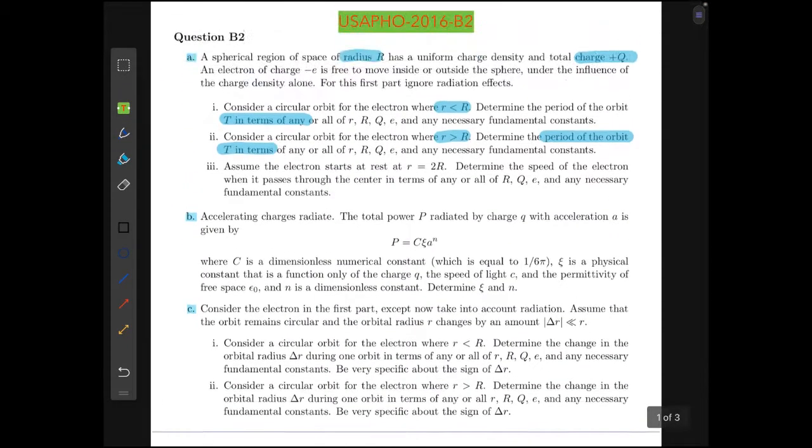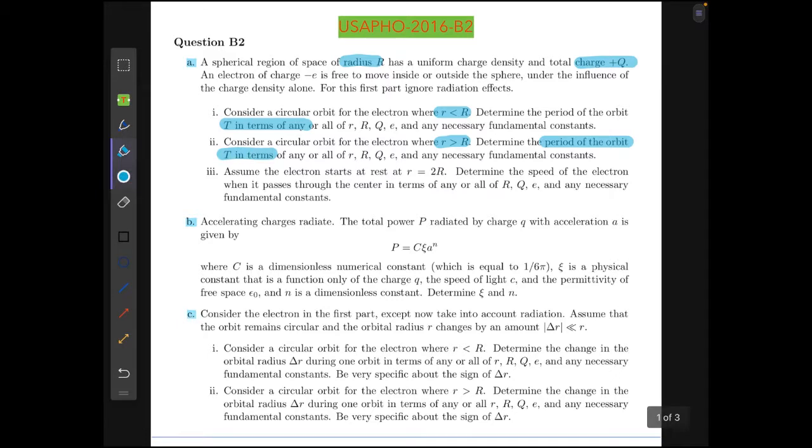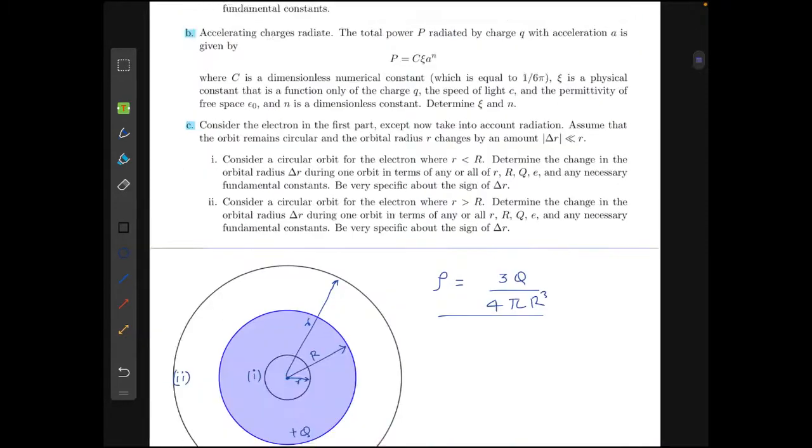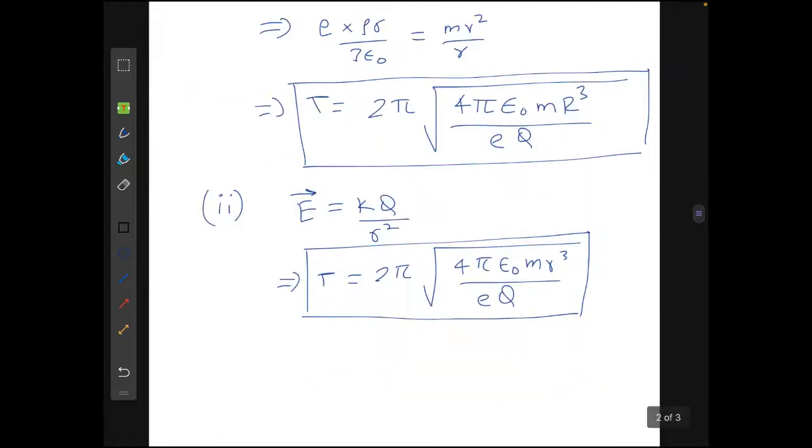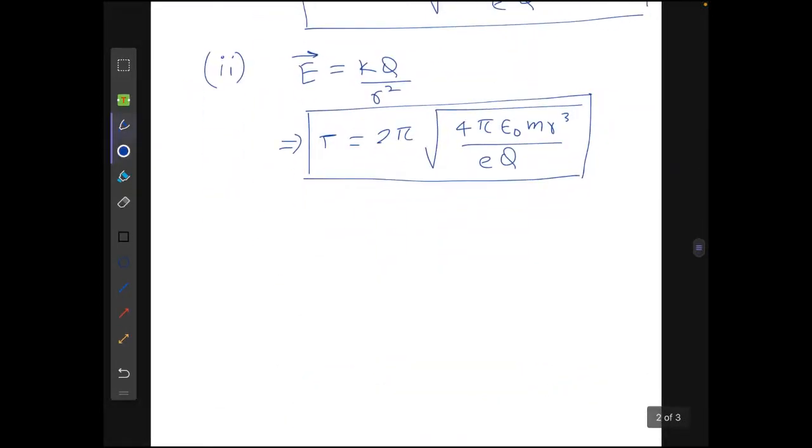Now for the third part, assume that the electron starts at rest at r equals 2R and determine the speed of the electron when it passes through the center in terms of the given quantities. So here first we will find the potential difference between the two points, and we can apply the work energy theorem after that. So this is also very trivial and straightforward. So first of all, the potential difference is equal to minus integral E dot dr